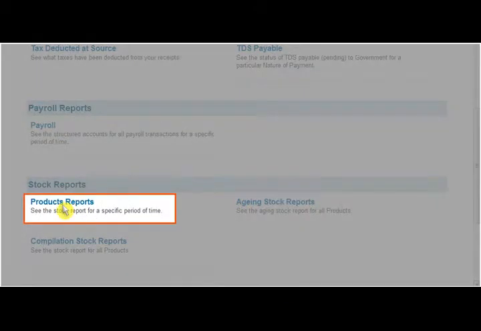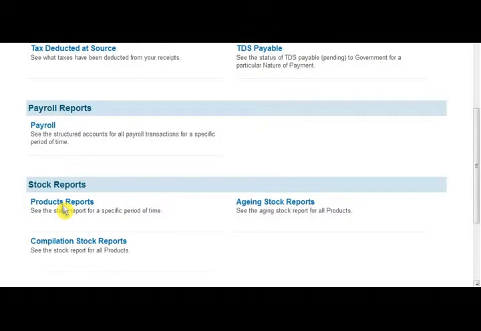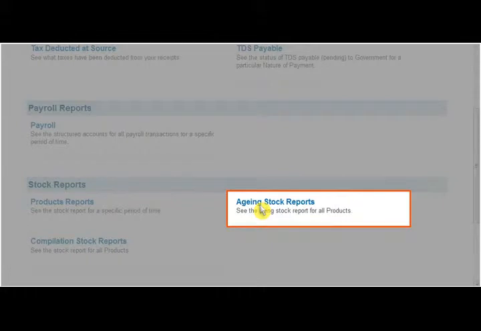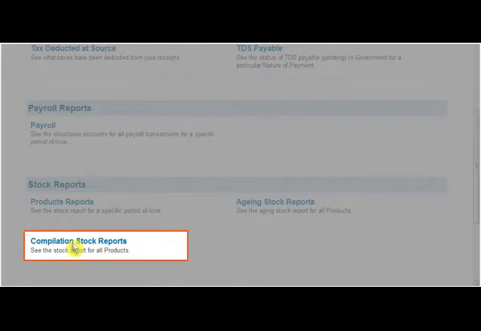Products report gives you the stock report of a particular product in a specific time. Aging stock report gives you the aging stock report for all products. Compilation stock report gives you a stock report of all products.